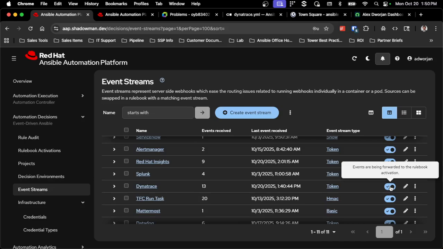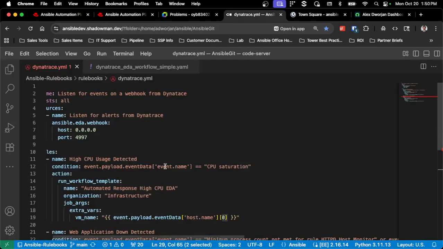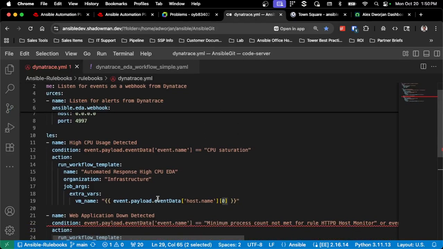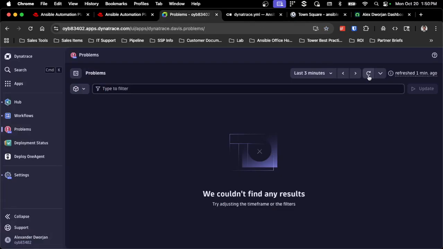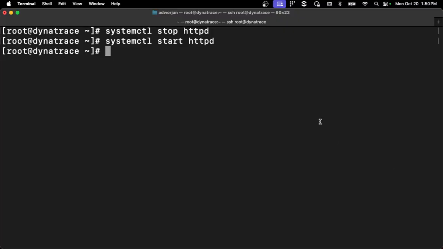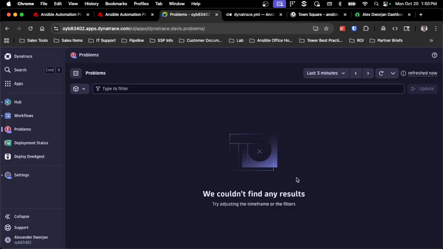Then you're all set. So now that I've got this built out end to end, I've got my rulebook pointing out to a workflow, both for web app down and high CPU issues. I have no existing problems. I'm going to trigger, once again, the rulebook. So I'm going to stop, in this case, Apache once again, and I'll wait as it goes through the process